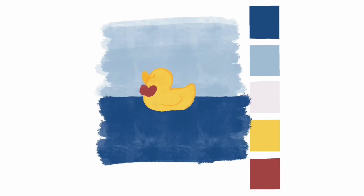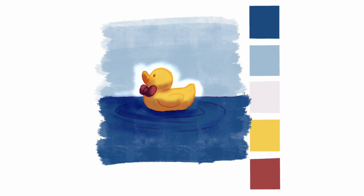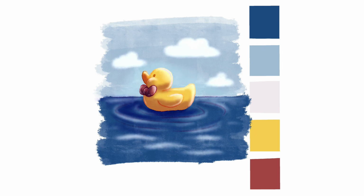Here we go. The prompt was pond. The first one is this little ducky, and I wanted to play with the textures, the brushes that I had but I've never used. So that's exactly what I did. I started with a simple undersketch drawing, and then after doing that I had a very limited color palette, and then I did play a lot with the filters, the layers at the last little bit to make it pop